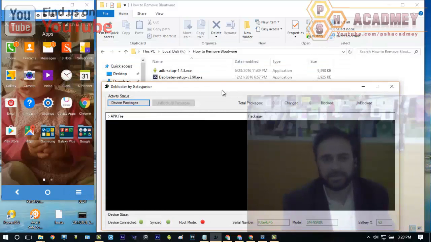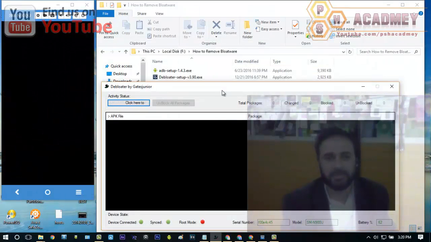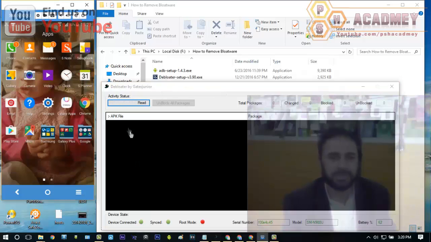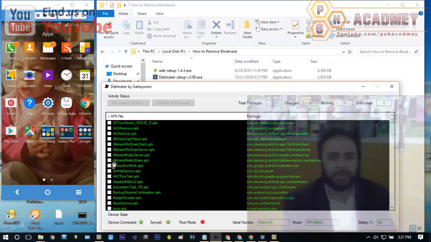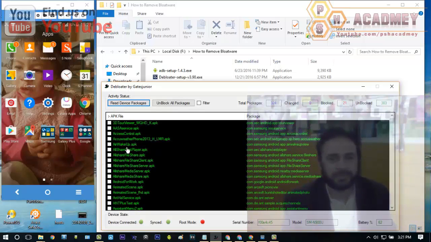I already plugged my mobile phone into the computer, as you can see. When you connect your Android phone with the computer, you have to click on this button. I click it and it will scan all the APK files.